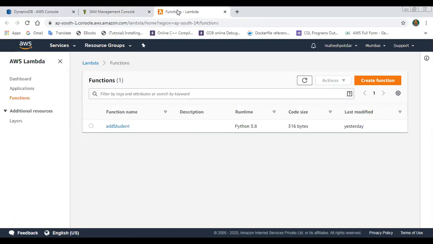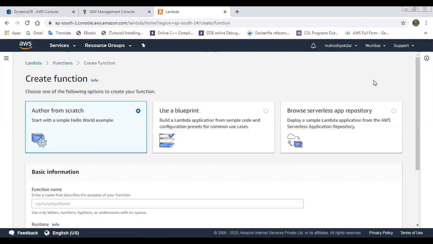Lambda function is used for retrieving the data from the Dynamo database. You create the functions in AWS Lambda.